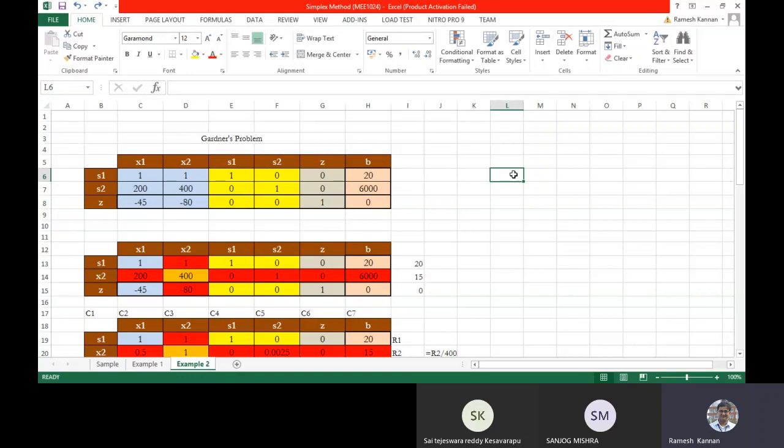Do you have that file with the gardener's problem in Microsoft Teams? We can frame the equation from the Excel sheet. No, you can just do it on paper and tell me what value you get, not by the simplex method, by the normal method, as quickly as possible. I'll give you 10 or 15 minutes. Just come up with the value, and then we can do it in the simplex method and finish off today's class.